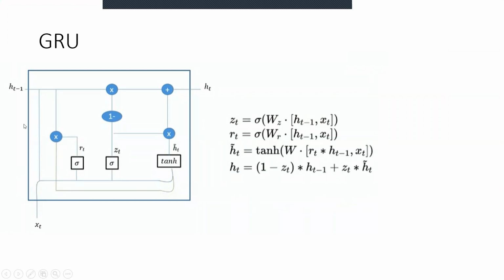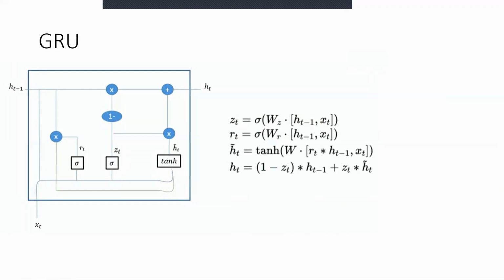If you see closely here, the memory cell, which was present in an LSTM, has been eliminated, as this is another variant of an LSTM, right? So this is the output of the previous timestamp, which gets concatenated with the input. Once this concatenation is done with St minus 1 and Xt, it passes through a forget cell. So Rt is the forget cell, and it will check how much to keep from the old memory cell. So in this St minus 1, how much memory we need to keep and how much we need to forget. This sigmoid function for the forget cell would determine that.